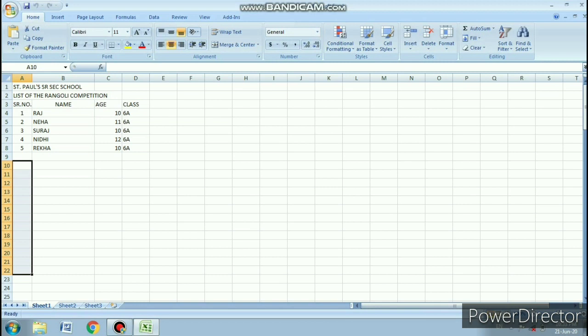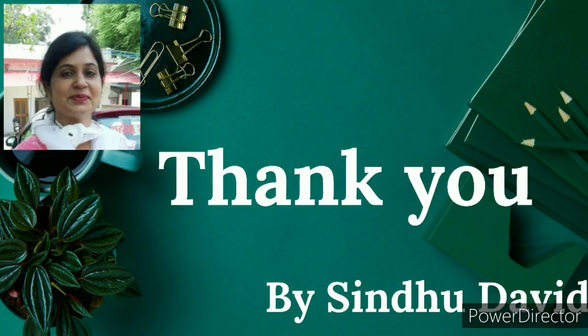So I hope you learned all these things. This is the very initial stage of MS Excel, to type a simple list. Till now we have not given the border, or used any type of font or size, or row height. We have not used any other features. So my suggestion is that today you make a simple Excel file, and in my next video I will explain how to format a worksheet or an MS Excel file.